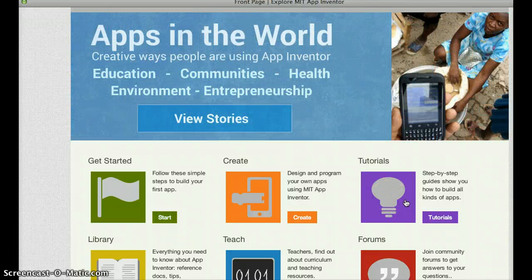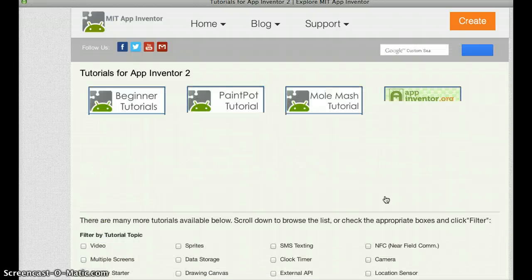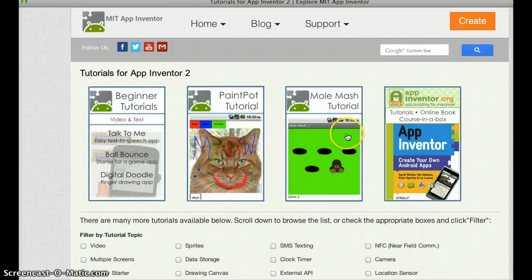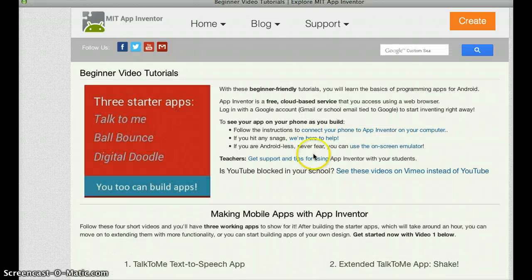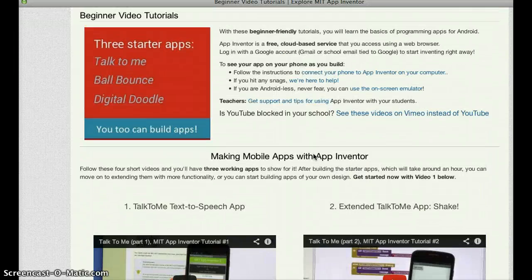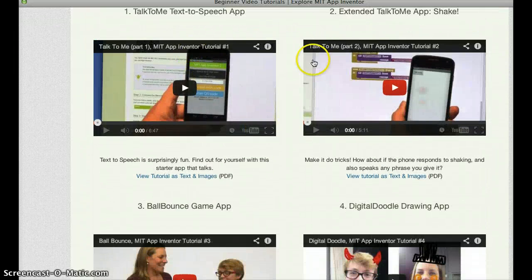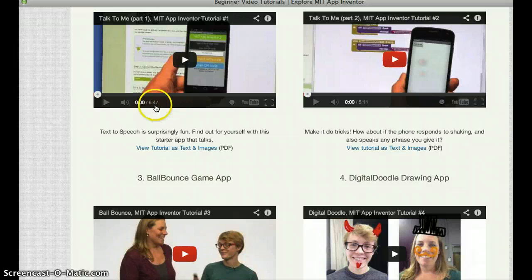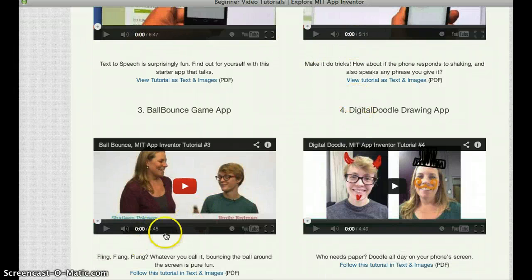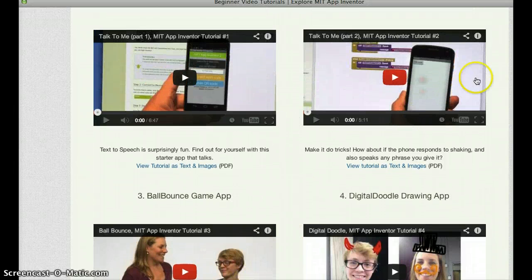Once you've got the emulator downloaded, you can actually follow all of these tutorials that they already have online for you. And here are the first 4. There are 4 simple apps that, look at this, you can literally make in 6, 5, or 4 minutes. Very, very quick, and you can make some really cool apps in a short amount of time. This will get you up to speed using the software, understanding how it works,